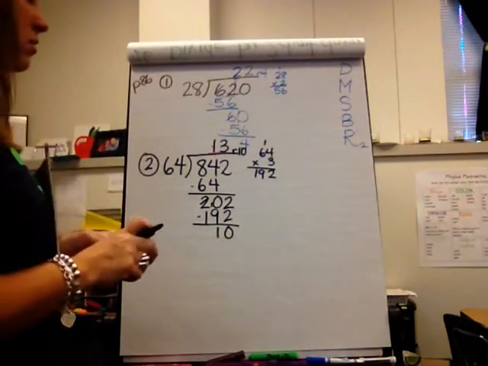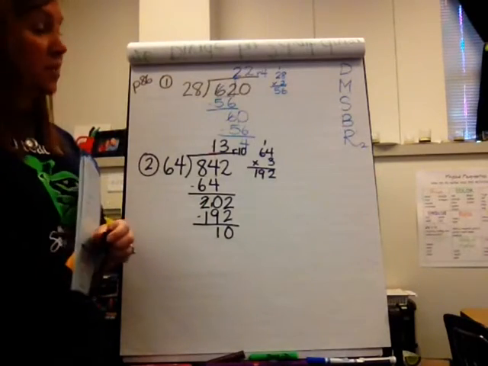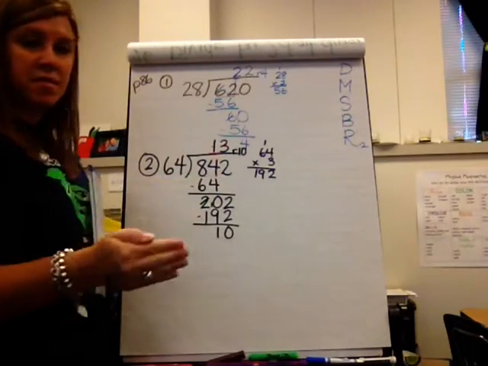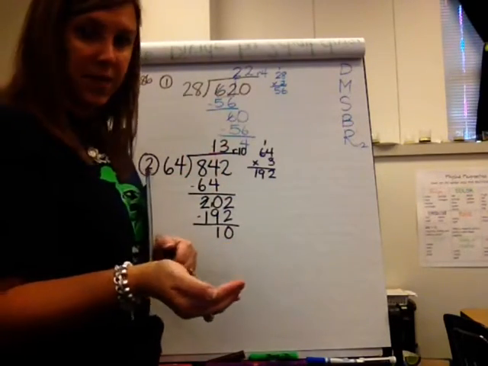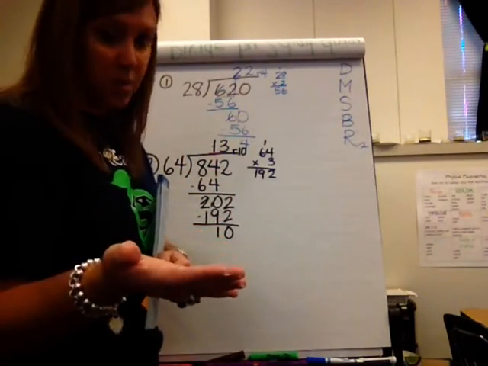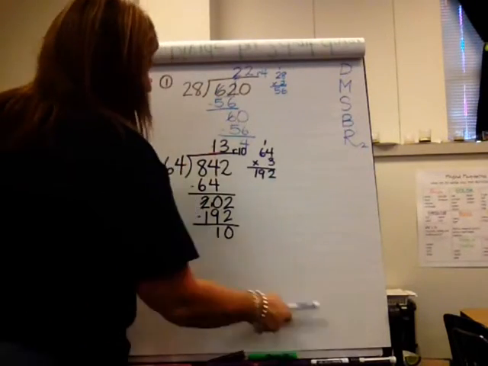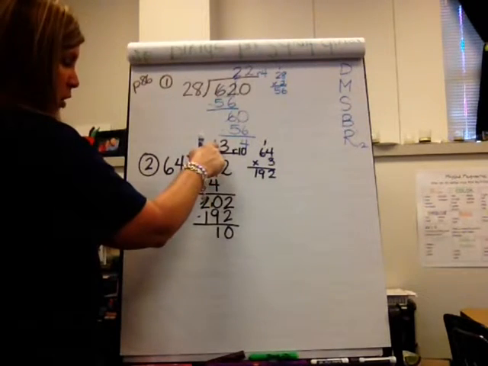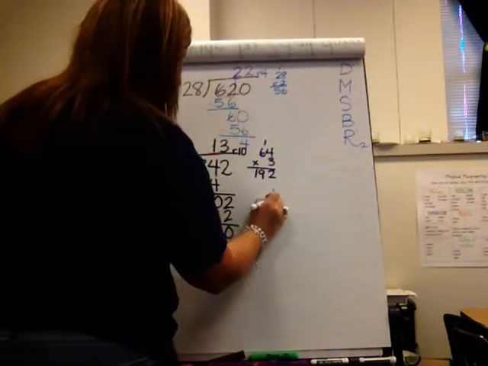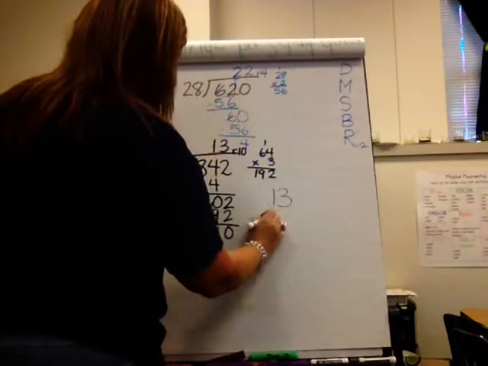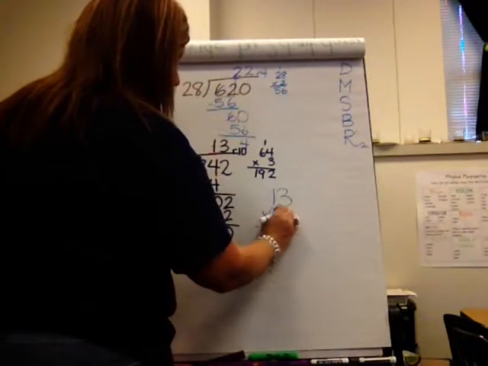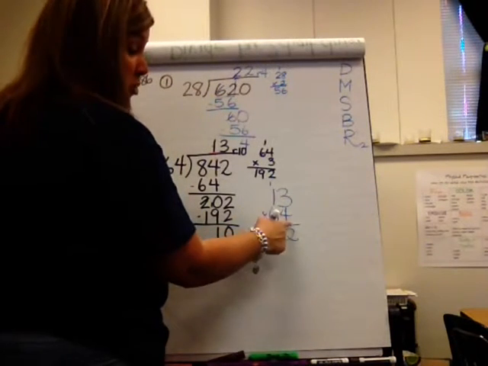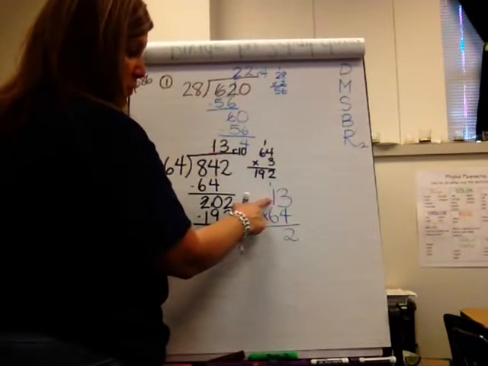No. Now, we've talked about this before, how to check your answer. If I'm doing a division problem, what's the inverse of division? The inverse is a fancy word for opposite. So how would I do the opposite of division? That's multiplication. I would take my quotient times my divisor, and we've done this double-digit multiplication. 4 times 3 is 12. Carry my 1. 4 times 10, because this is in the tens place, is 40, plus 1 is,